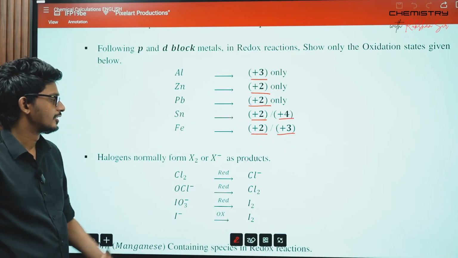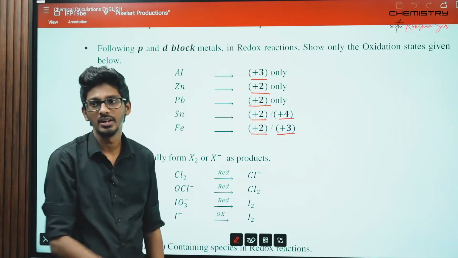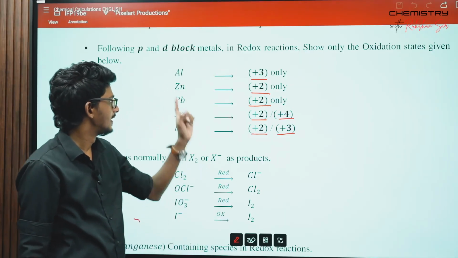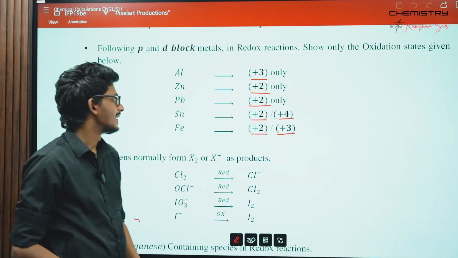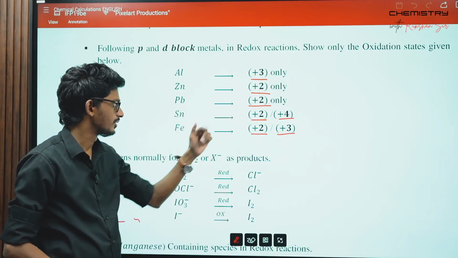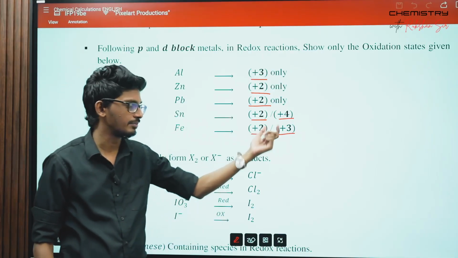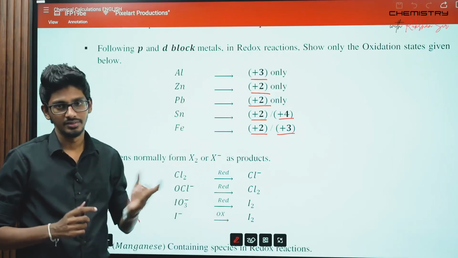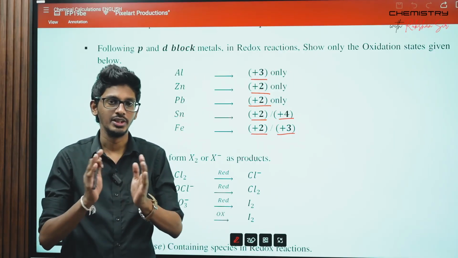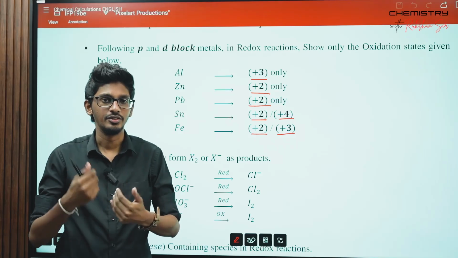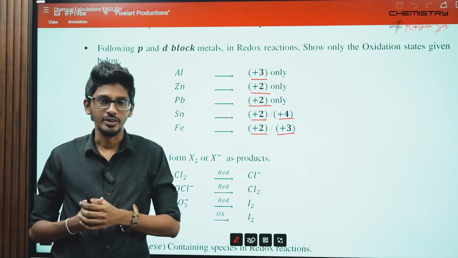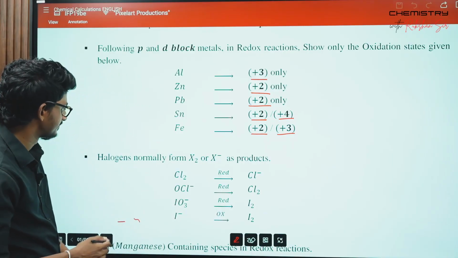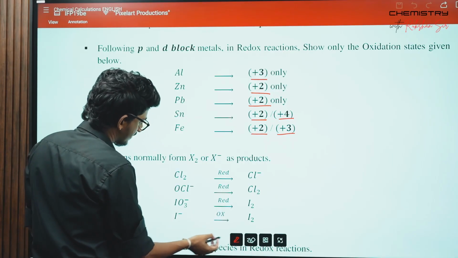These are the specific oxidation states available with some special metals. Other than the 0 oxidation state, aluminium shows only the +3, zinc shows only the +2, lead shows only the +2, tin shows +2 and +4, and iron can show +2 and +3. No other oxidation states will be available with these elements. That should be known when deciding whether these redox reactions will occur or not. Okay, next case,